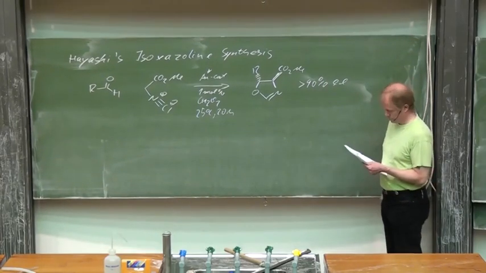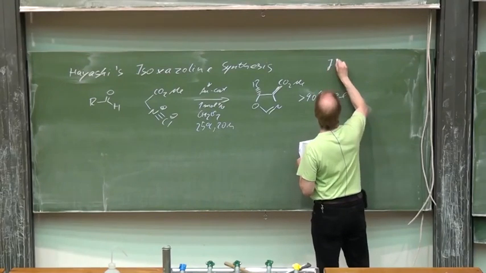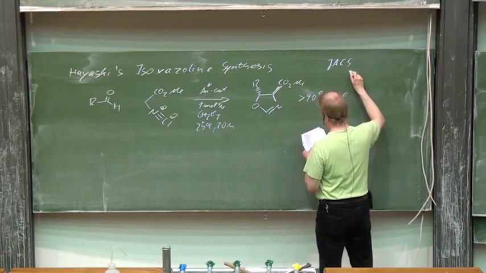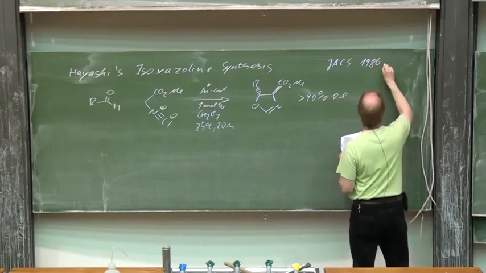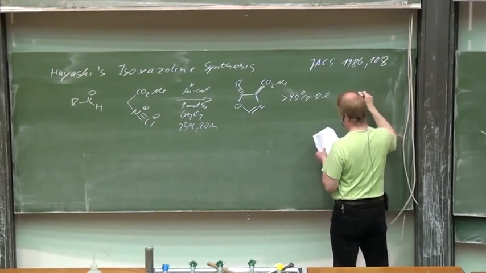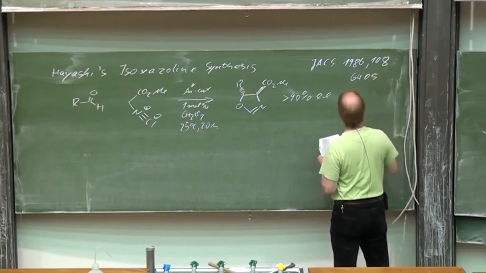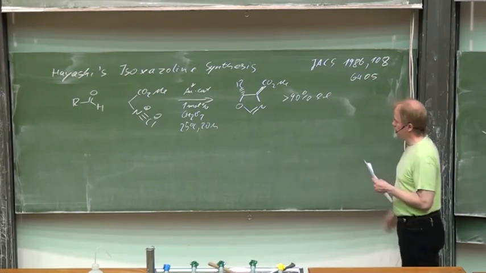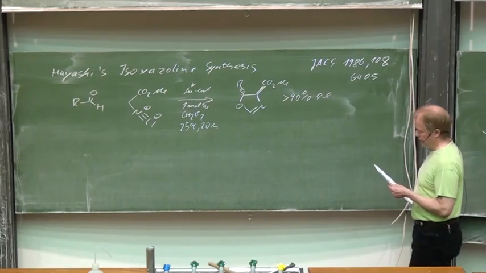Very impressive. Well, you find that in the Journal of the American Chemical Society in 1986, page 6405. It's worthwhile to have a look at that, and there you will find,